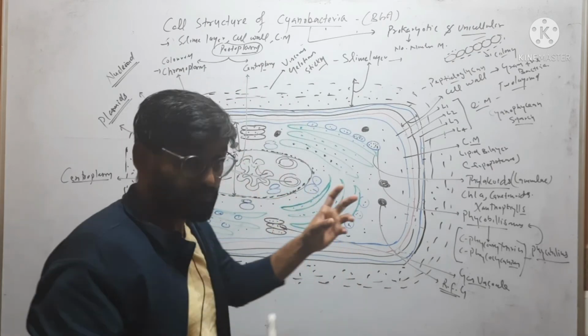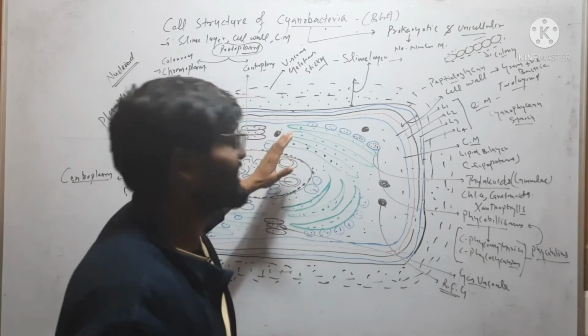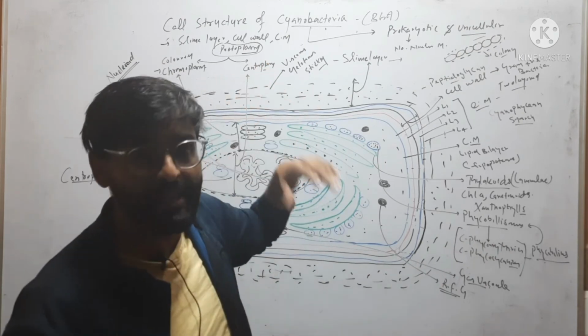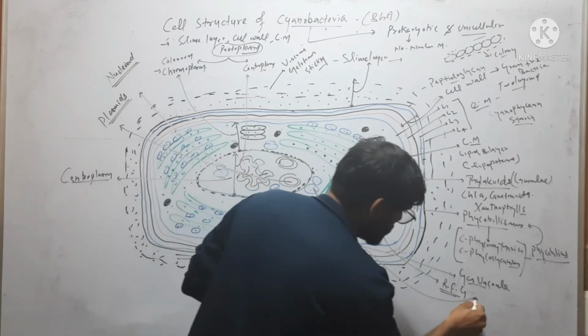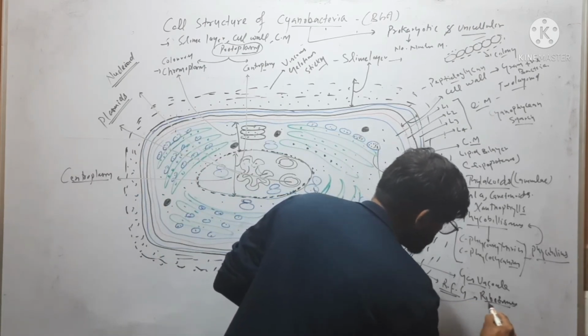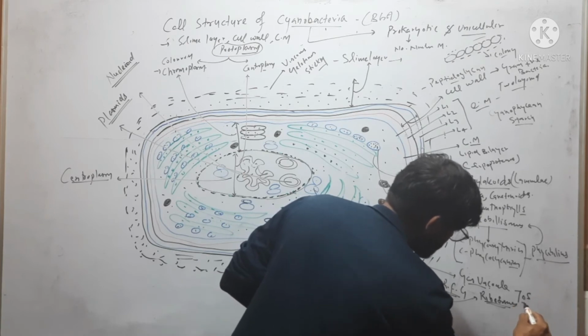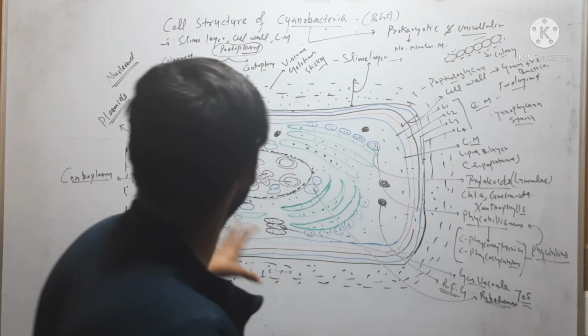Other than that, protein factories are also present in both regions, in chromoplasm and in centroplasm. These protein factories are called ribosomes. Ribosomes are 70S type because it is a prokaryotic cell. So this is the cell structure of